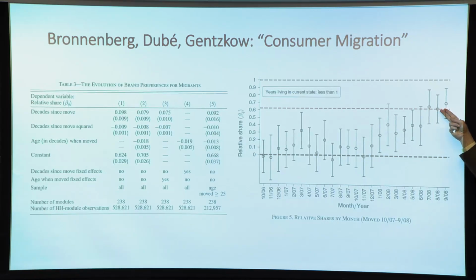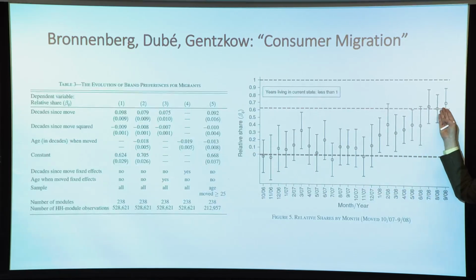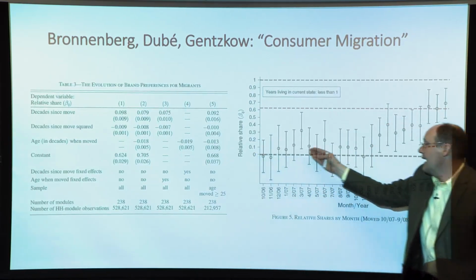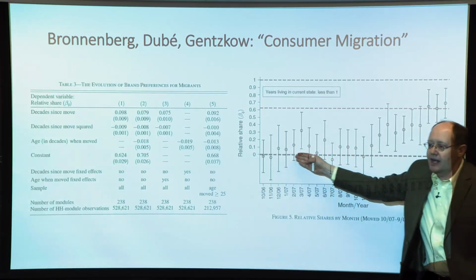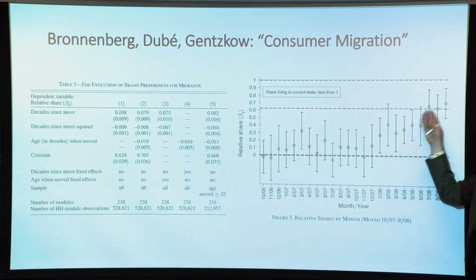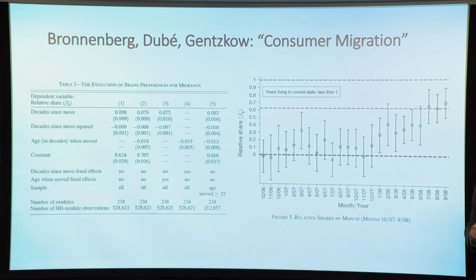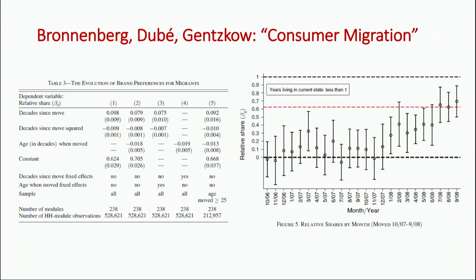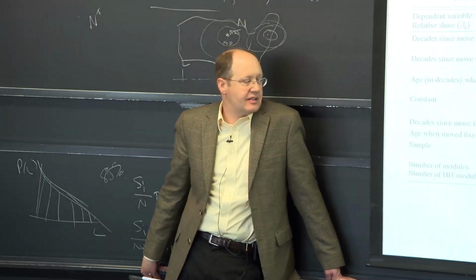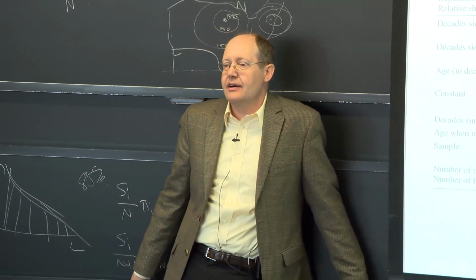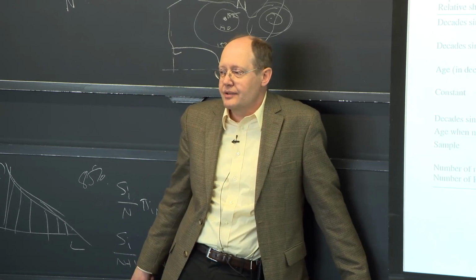Some of them have been here 6 or 9 months. But it seems that this 65% looks like a causal effect of moving, maybe 80% of it is a causal effect of moving. Some part of it is a pre-existing underlying heterogeneity, but then there's this big one. And again, 80,000 data points is a good thing, and 80,000 data points times 238 products is a good thing. It's the advantage of data scale, that you can do these things that would be very, very hard to do with any sort of small cell like this.